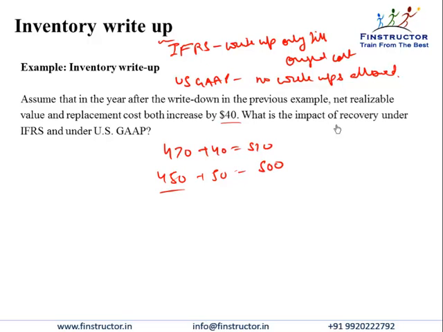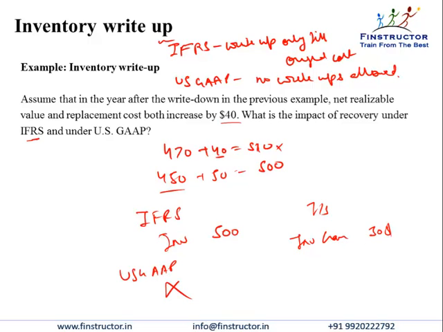What is the impact of recovery under IFRS and US GAAP? So under IFRS, we can take the value up back only till 500, not 510. So the inventory value would be 500, and I would recognize an inventory write-up gain on the income statement to the tune of $30, not 40. In US GAAP, I would do nothing. When I sell the inventory at whatever price, I will simply book a higher profit because my cost of inventory